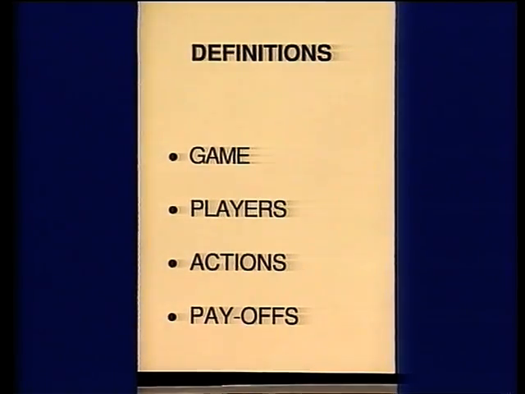Let's now look at some definitions. We're going to be talking about games, and that was an example of a game, a situation in which two or more players are in competition or conflict. Each player has a number of actions which he can choose to follow or not as the sense of the game dictates. And in those cases, we know the payoffs, what each player can expect to win or lose depending on the combination of those actions chosen.